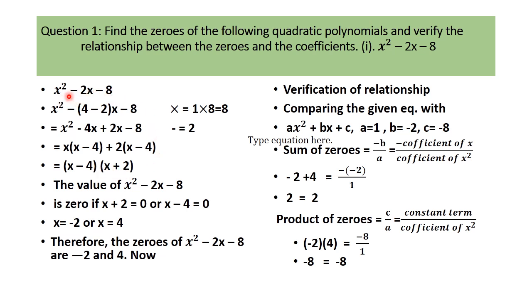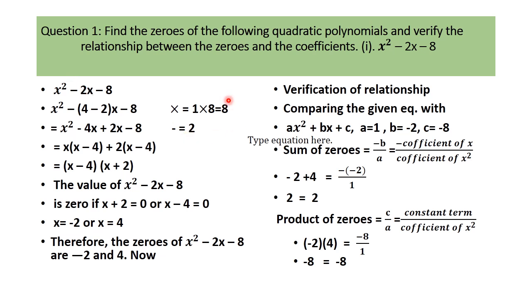So how do we factorize this? There are different methods of doing this, and this is one of the methods. What we do, we multiply the first and last term. Here the coefficient of x square is 1, and the last term is 8. We will not take the sign here, without sign, 1 into 8, 8. Now this is minus, this minus comes from the sign of the last term. This last term is minus 8. So minus,